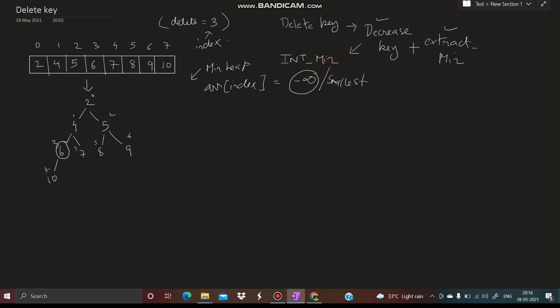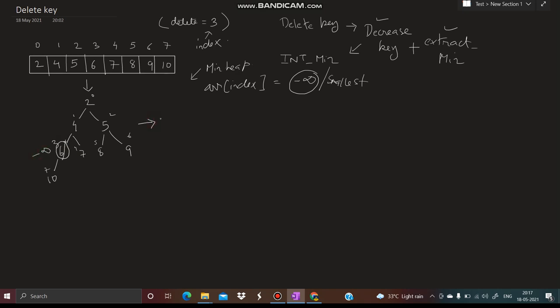This is the smallest value, and in the case of max heap we need to replace it with the maximum element. Right now I'm considering the min heap, and it will be the same in the case of max heap also. Step 1 is to perform decrease key, and in decrease key I will be reducing the value at index 3 to minus infinity, that is the smallest value.